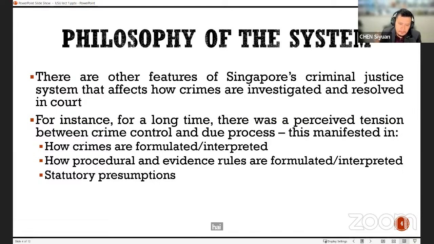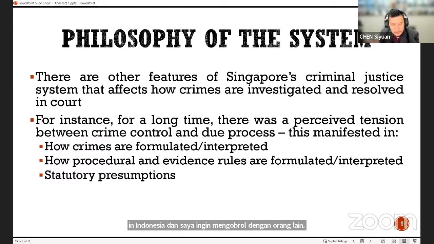One, the person who is caught with those drugs cannot deny that he knew what the drugs were. He also cannot deny that he wanted to traffic them. So the prosecution doesn't need to prove this. The prosecution just needs to show that he has drugs, and then it is for the accused person to prove that he did not know that he had those drugs on him, and he did not intend to traffic those drugs.